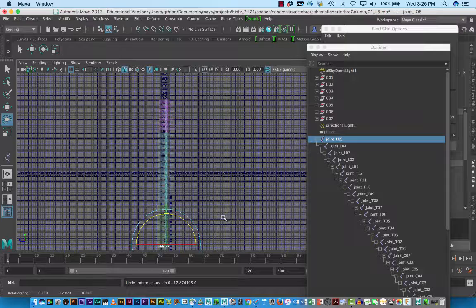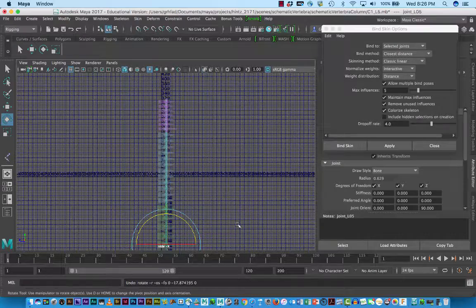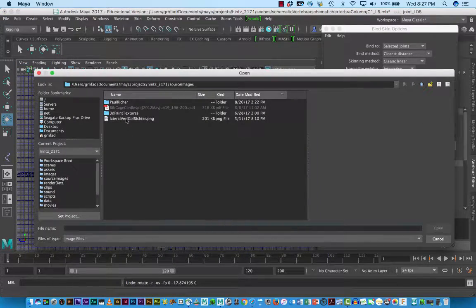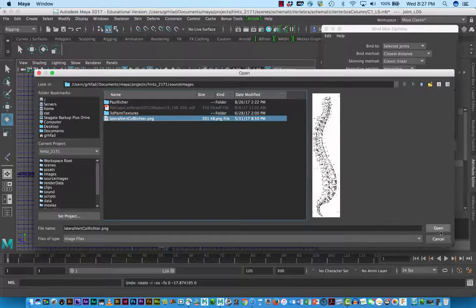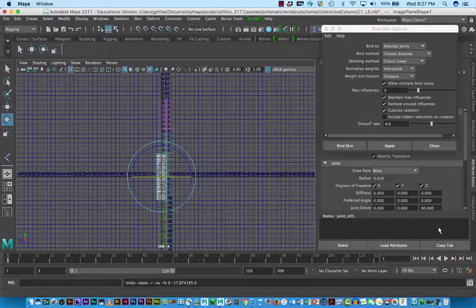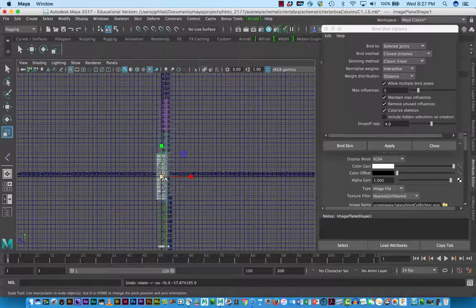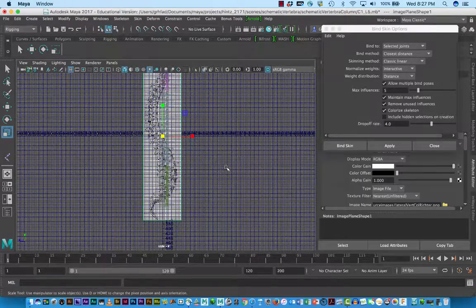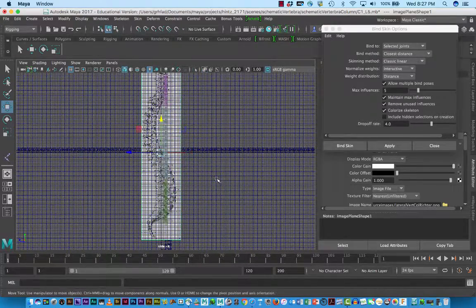Now the next thing we want to do is get a curve that matches the curve of the spine. So what I'm going to do is bring in this side view, or lateral view if you will, go to image plane, import an image, and I have a PNG file already here. It's facing the wrong way, and it's not scaled correctly, so I'm going to roughly scale it, and then move it over a little bit